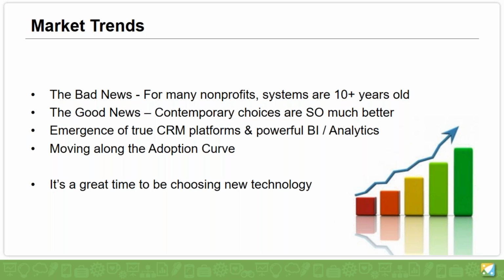And finally, this point, moving along the adoption curve, what I've just said has been true for several years, the availability of these technologies and such. However, it took greater effort to make those technologies work for any one individual nonprofit. And what we've seen over the last several years is a real movement of larger and larger number of nonprofits adopting these technologies, making them work for nonprofit institutions, so that as you here today are looking at your options,